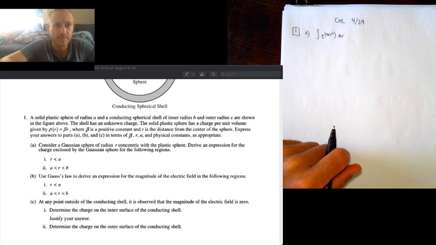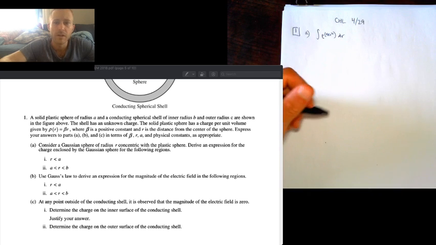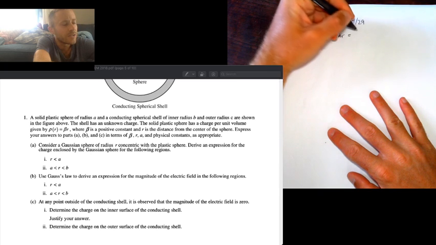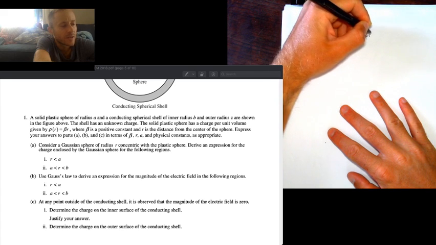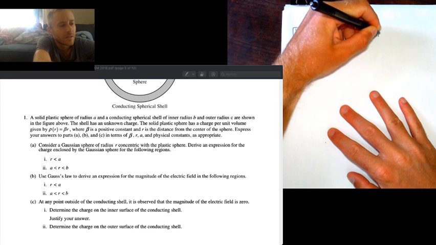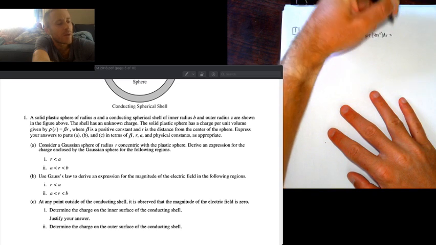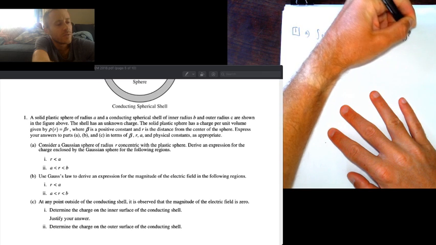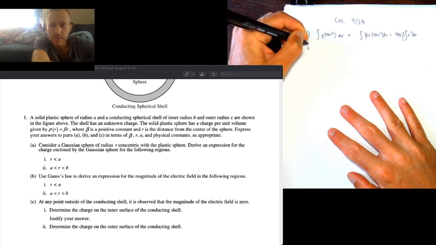So that is the general expression when you're trying to calculate charge enclosed. So if I do that, I get the integral of beta times r times 4 pi r squared dr, which is 4 pi beta times the integral of r cubed dr. Okay, so for part one,